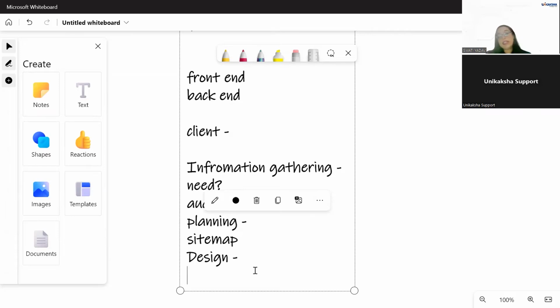Now design. In this design phase, the dev team, the developers, begin to create something. The actual creation, you start working with the code. That is a part of your design phase. It starts with maybe layouts, images, logos, colors, fonts, and everything. The aesthetic features are put together over there, and it's visualized during this phase only, in the designing phase, right?